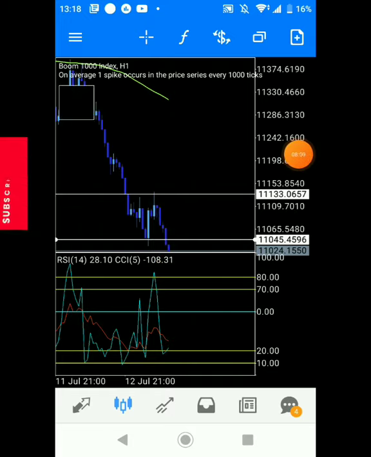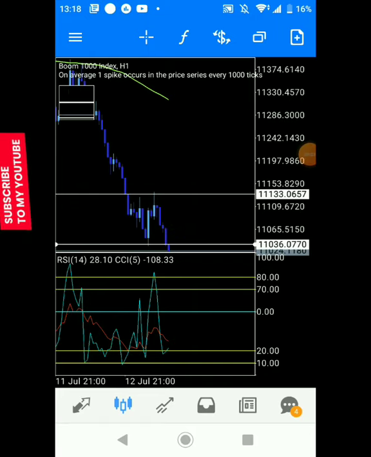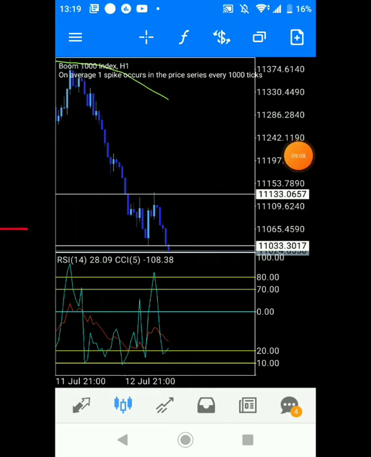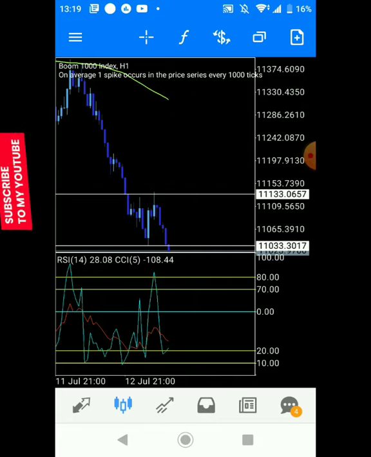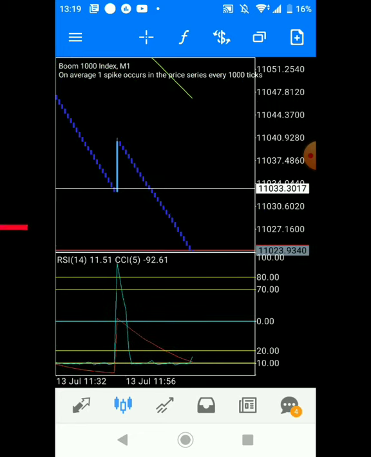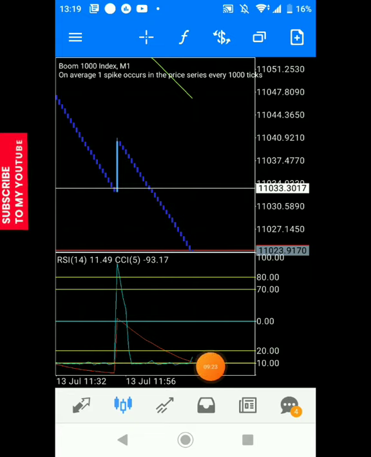All right, even though you can decide to place it like this, at the week, price has just broken that level. So this is you adding price action to your strategy to get better moves, better entries, and better understanding of what is happening. Now at this junction you can place a buy, because I believe a spike might occur.